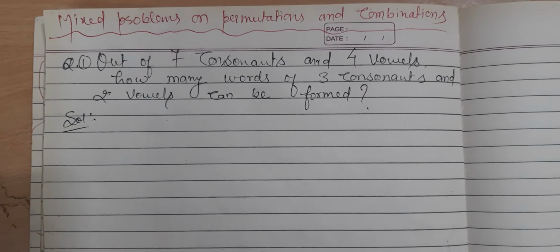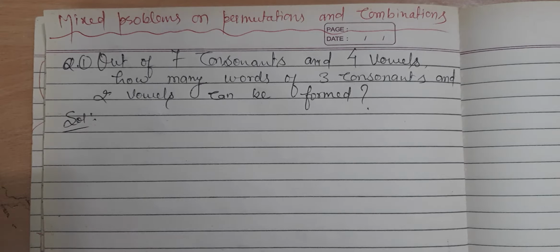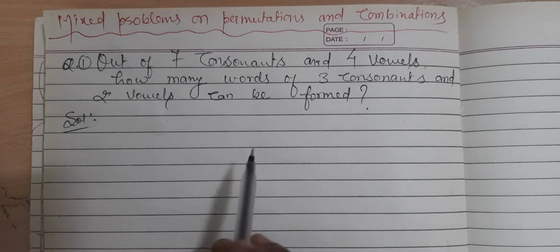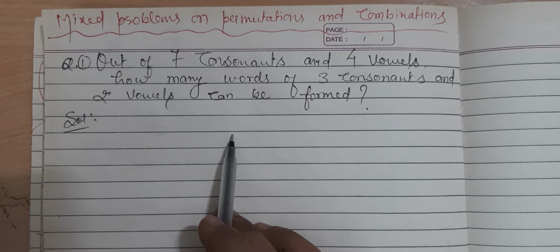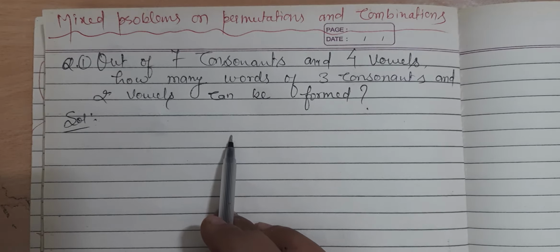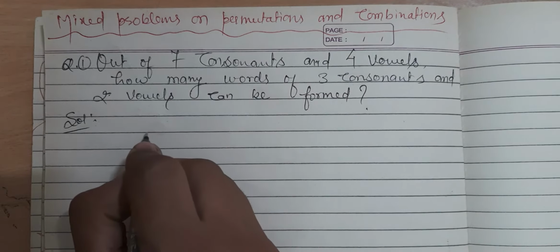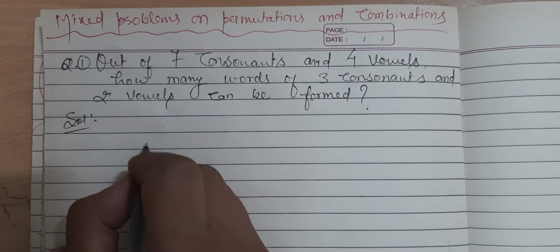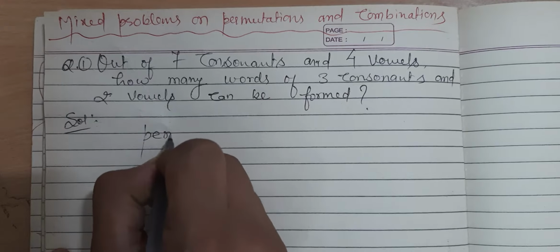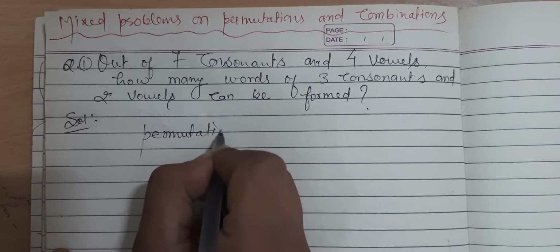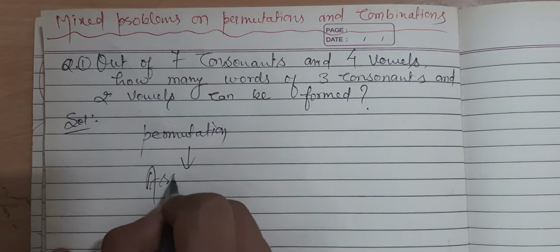Hello everyone. In today's class, we will solve some practical problems where both permutation and combinations are used. Before we start with this question, I would like to explain the meaning of permutation and combination once again, and also what is the difference between them. So permutation, in simple language, is an arrangement. Permutation is simply an arrangement,